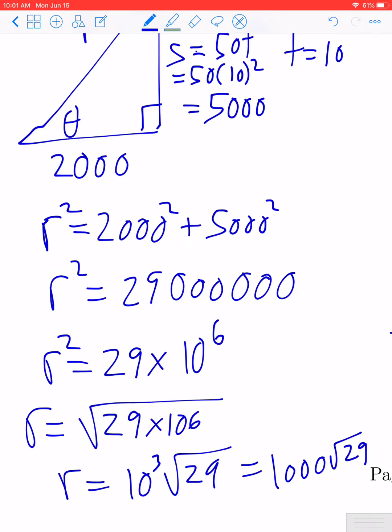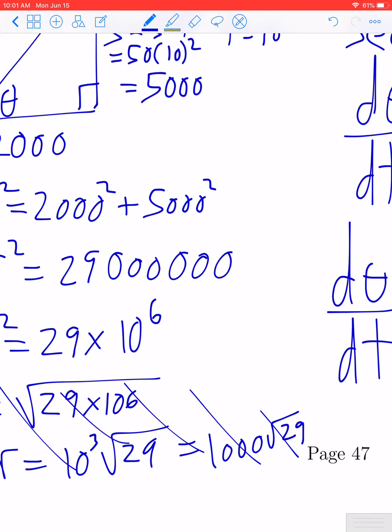Did I do that right? Let me just quick check. Tell you what, let's just go for the approximate answer. If you have time, you can do this, but r is simply going to be the square root of that number. So r will be the square root of